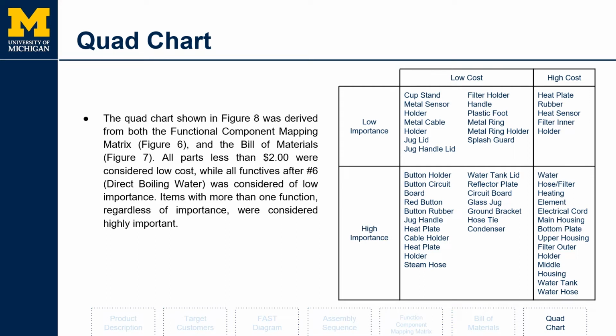So here's our quad chart. This shows all the parts from lowest to highest importance and lowest to highest cost. The functional component mapping matrix has functions in order of importance from left to right. If it had a function on the left, or if it had more than one function, we ranked it as high importance. The bill of materials, if it had a cost of more than $2, we listed it as a high cost. We then put it in this chart, and this informed us of what we needed to redesign later